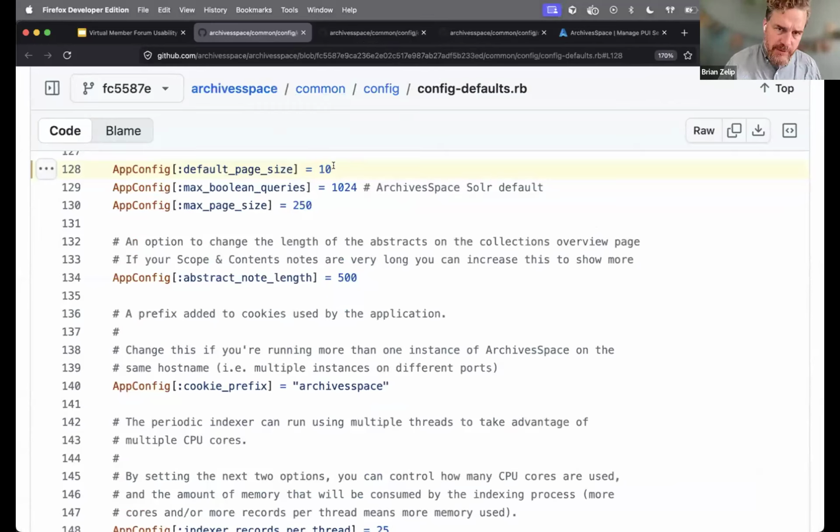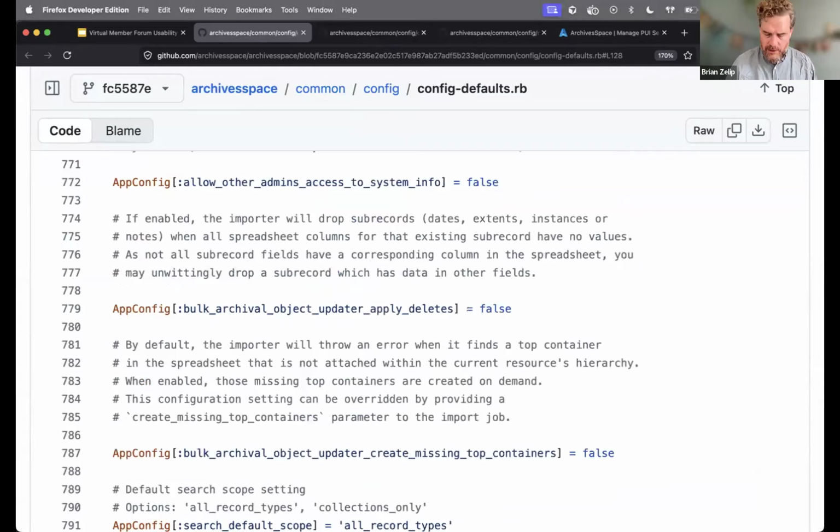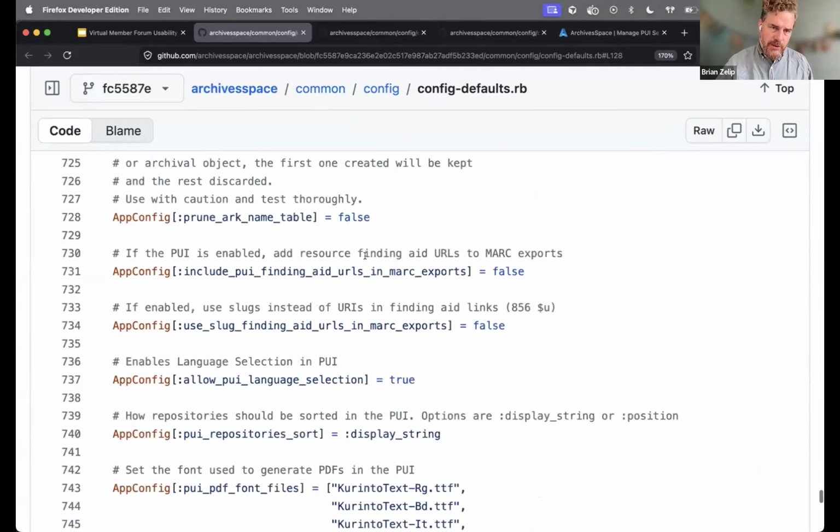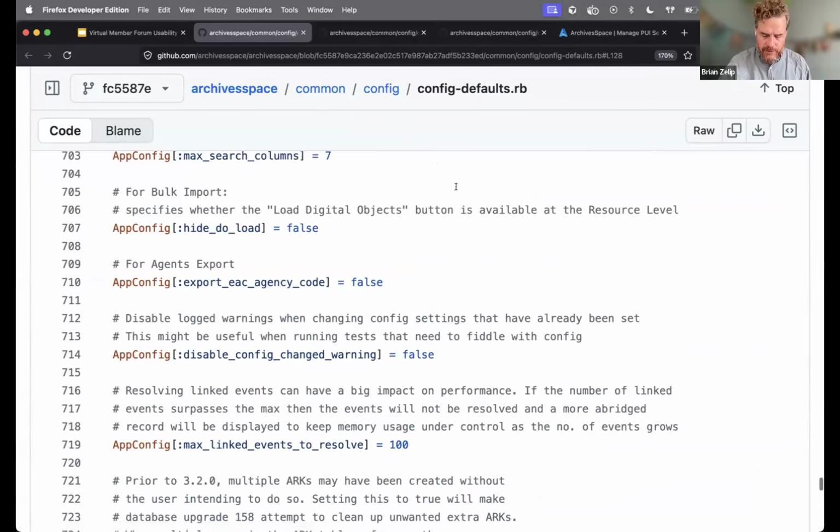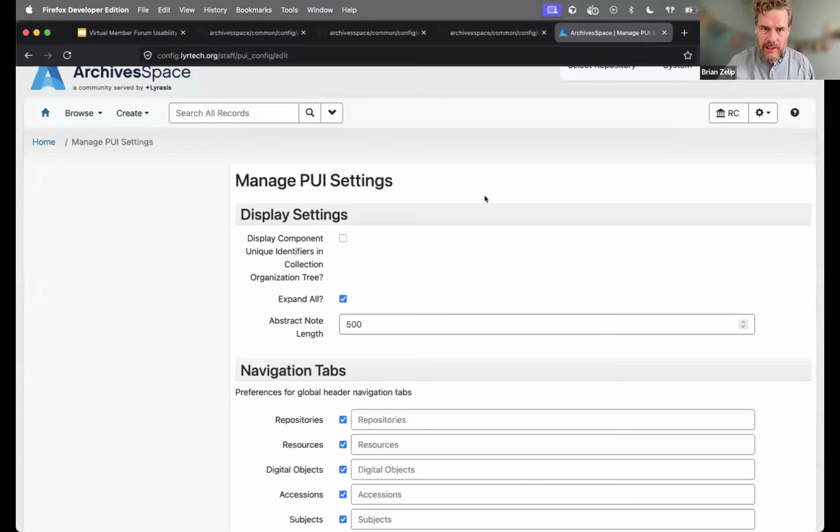Oftentimes if folks want to bump that number up, they would have to go to somebody maybe in the IT office, and they would have to restart the servers and update this file to maybe say, I don't know, 20. We want our results to be 20 results long. So that's one of the kinds of things that we